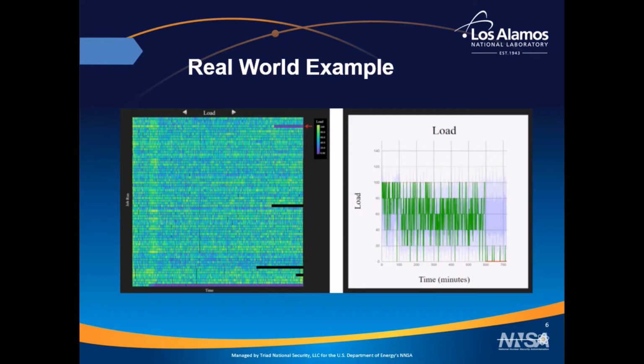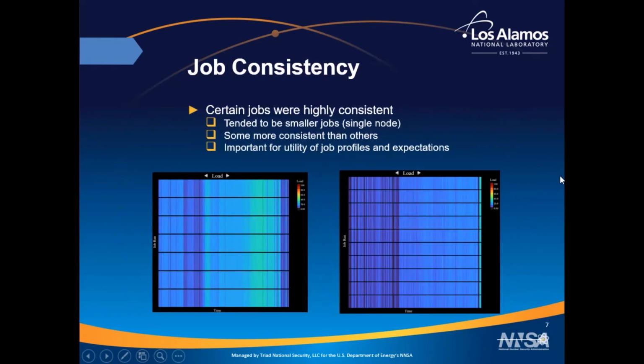So you can see in this example that this particular job type has a fair amount of noise over the course of the job, which is then reflected in the broad expectation cloud. But we also came across quite a few jobs or job types that were much more consistent. As you can see in these two sets of jobs, each job run is almost identical to the others, and this allows you to create a really narrow expectation and really easily see when a job's deviating from that